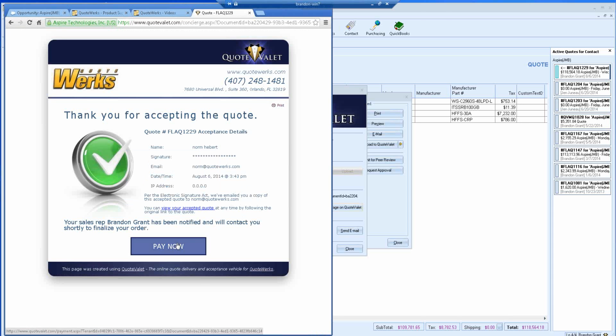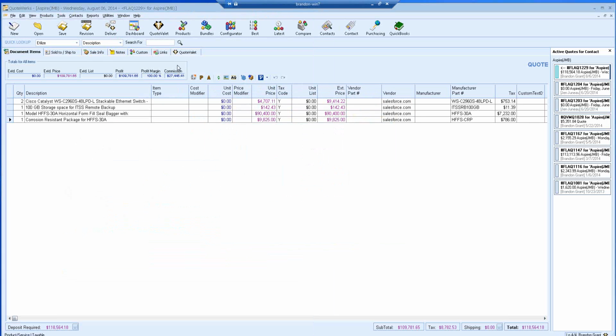You'll see here this Pay Now button is available. So again, if you do accept credit card payments or PayPal, this Pay Now button will be available. If you don't, that's fine. You don't have to worry about that because this acceptance screen will still show up, and the customer will get an email with the acceptance information. You'll get an email notifying you that the customer accepted it,